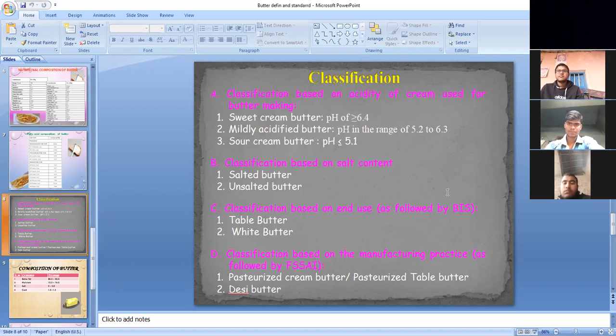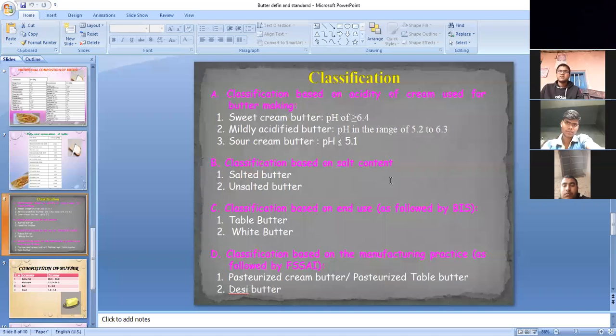So that is why we utilize cream by different methods. So, only 10 minutes left as per